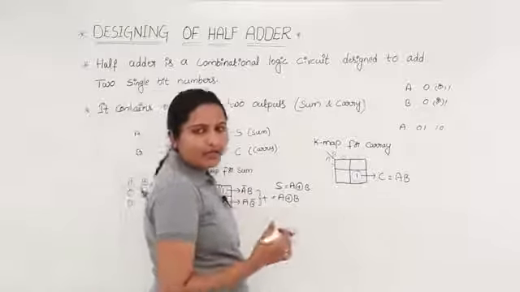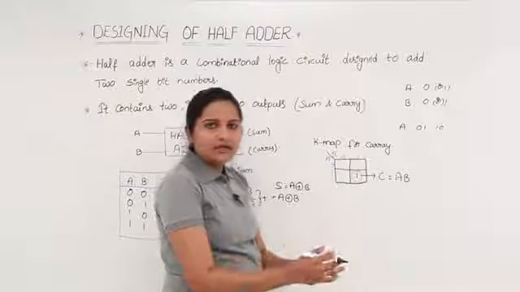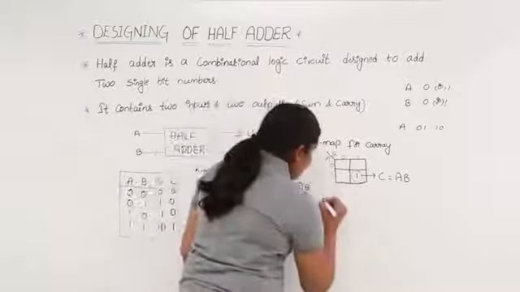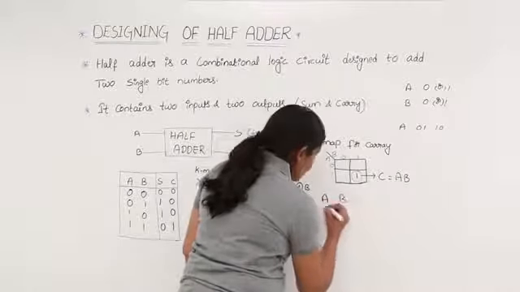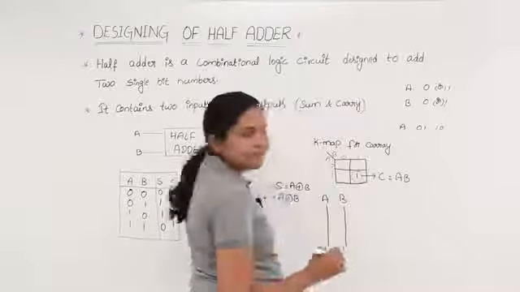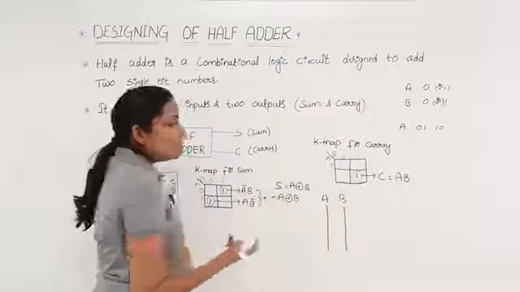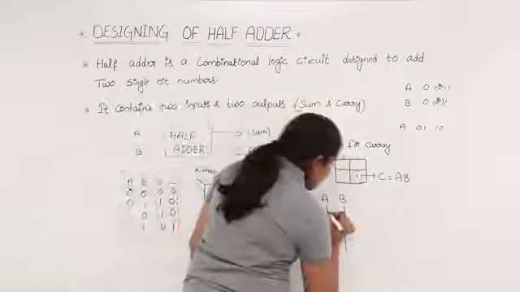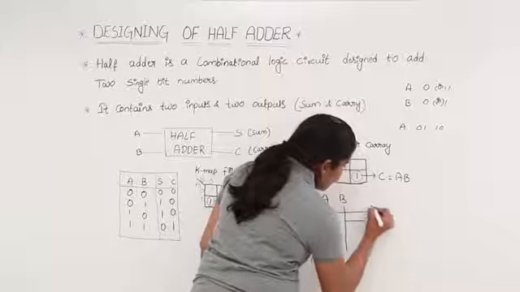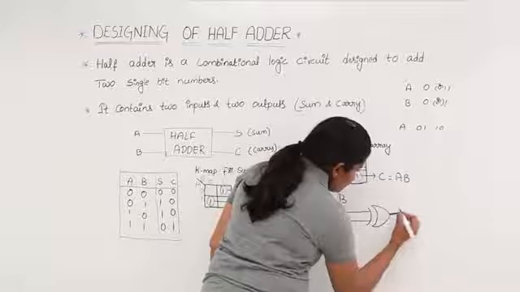After getting the K-map, your intention is to draw the logic diagram with all input variables and output variables. You just take A and B, so I am considering the A and B lines. These are the A and B lines. To get the sum from these input variables, you need to take an XOR gate, that means A XOR with B. So I am considering an XOR gate to get sum. So this is sum here.